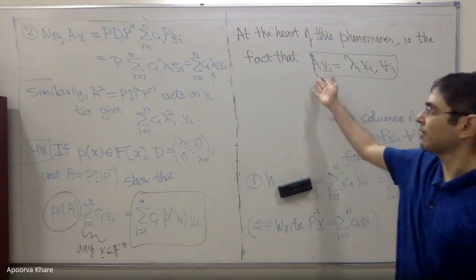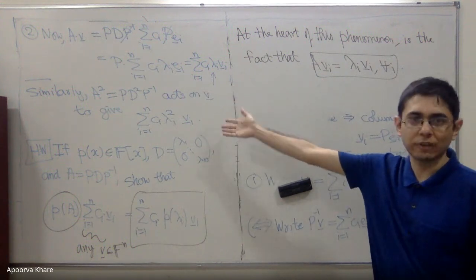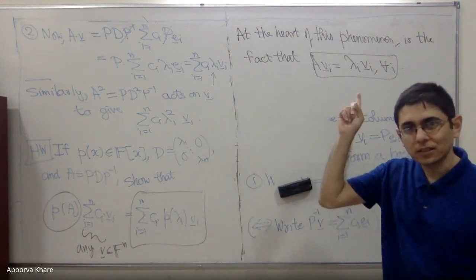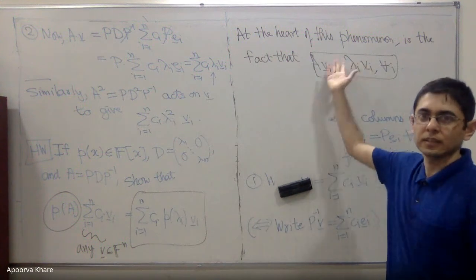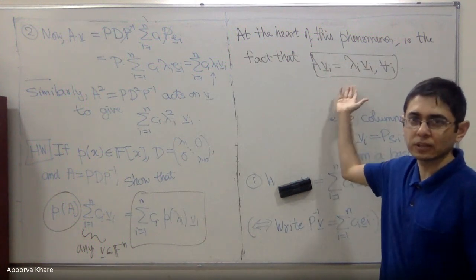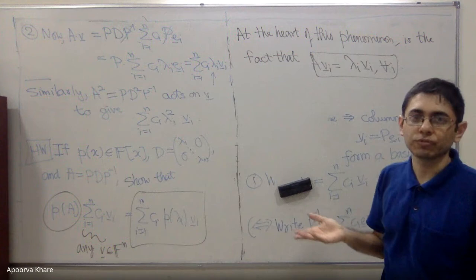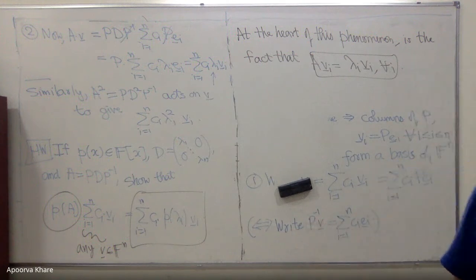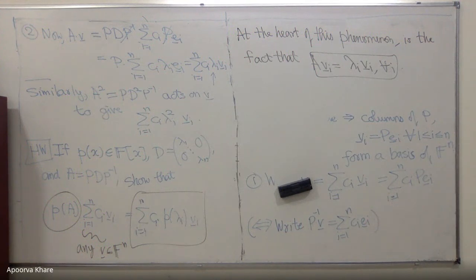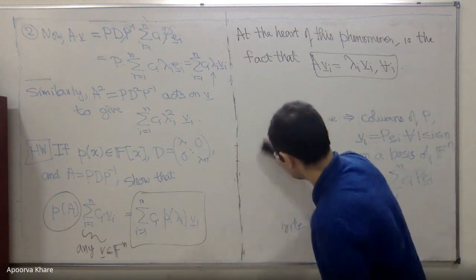And of course, this is over a finite dimensional vector space because we are doing F to the n. But you can say this over an arbitrary vector space. This definition or this simple condition doesn't require any kind of finiteness of dimension or basis or anything, right? So great, so let's do that. So definition, yeah, so v is an eigenvector and lambda is the eigenvalue, and that is what we will define